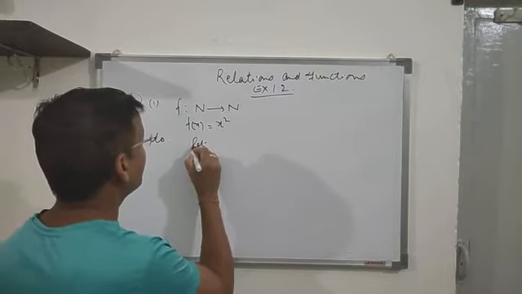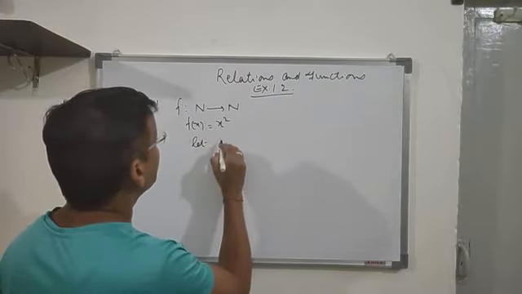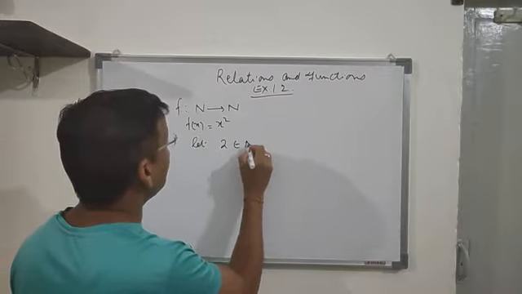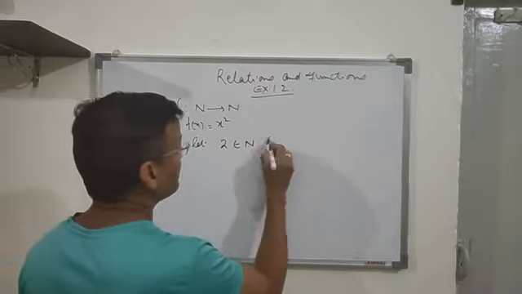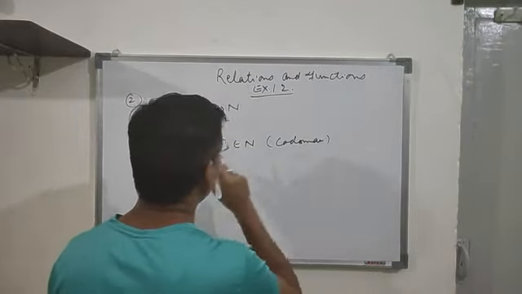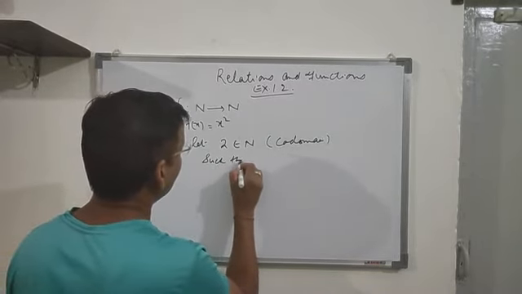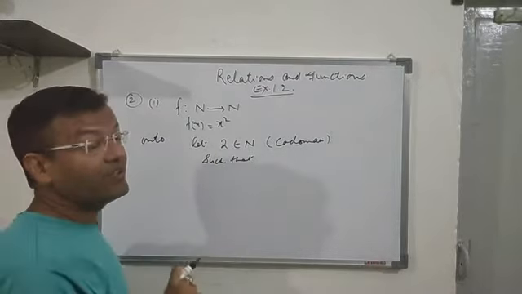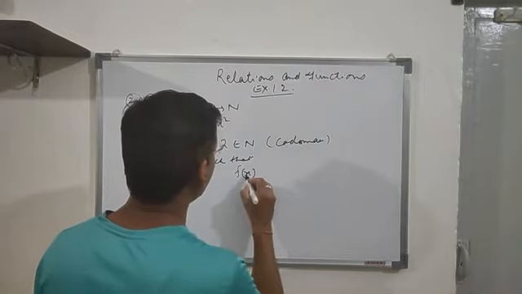so let us assume that 2 belongs to N. I'm taking one element from the codomain. I have to mention it here. I'm taking the element from the codomain such that if there is an element in the codomain which is the image of some element in the domain, such that f(x) equals 2.